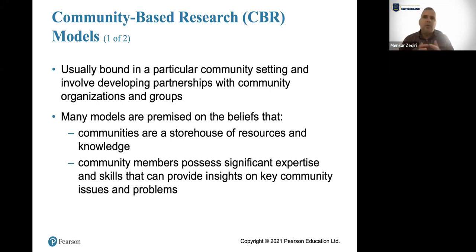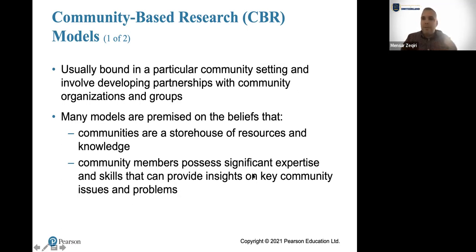They can also work with local public health organizations as well as hospitals in order to develop action plans. They can also work with health programming that does address different cultural and social needs of community members. And many of these models are based on the belief that communities are a storehouse of resources and knowledge. That's where we can get them from, and the community members possess significant expertise and skills that can help us to provide insights on key community